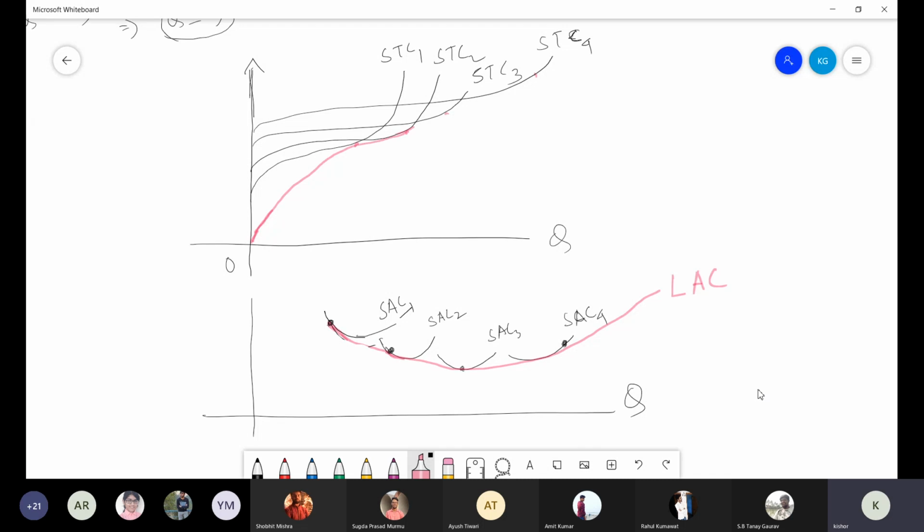You can draw it a little bit carefully, you will get it. So this is also called your long run average cost curve, or it is also called your envelope curve. Means just like an envelope, inside this long run average cost curve, so many short run cost curves are. But remember, if you consider totality, you started a business for 5 years, 6 years, 10, 20 years, whatever it is.